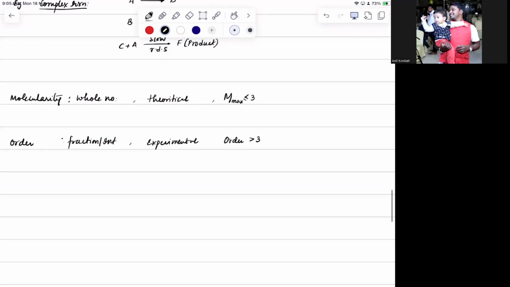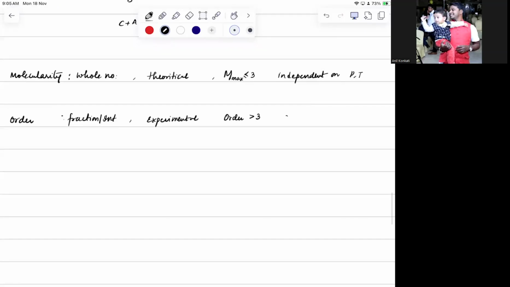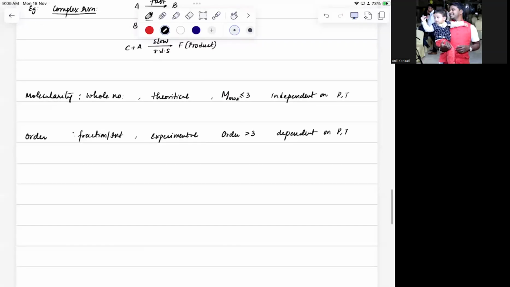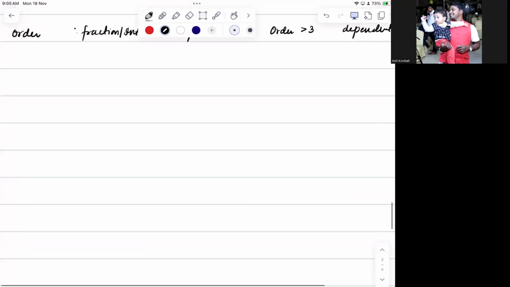And molecularity is independent of pressure and temperature, while order is dependent on pressure and temperature. Got it? So these are a few important differences between molecularity and order. Got it? Now, identifying order is one of the challenging things which we need to do. So, the first method we will see is